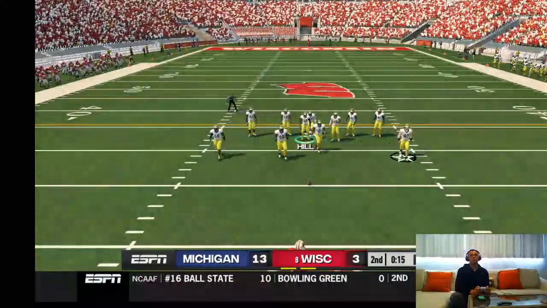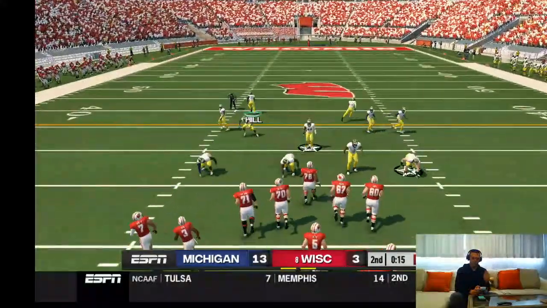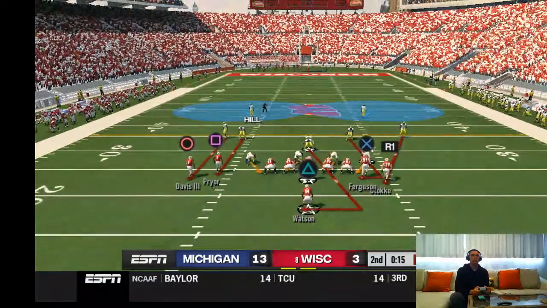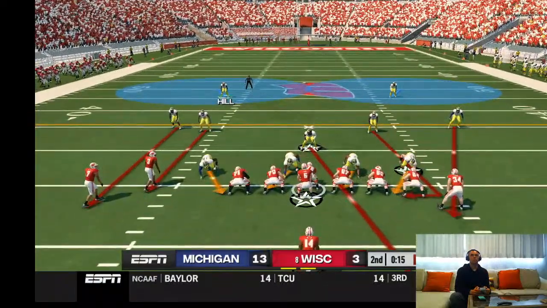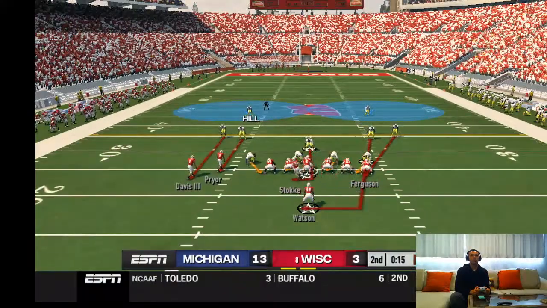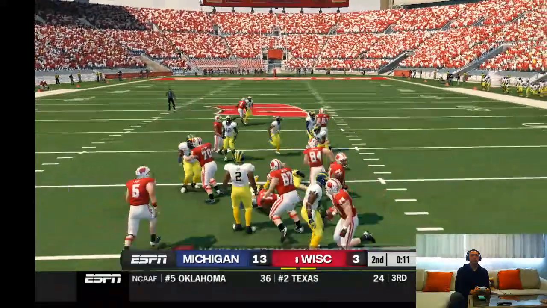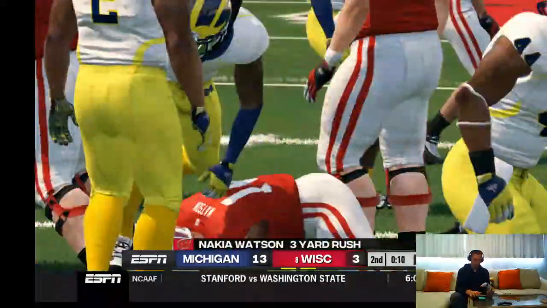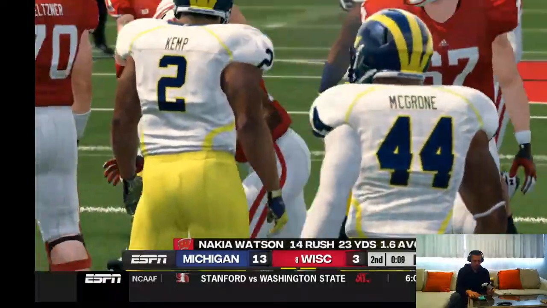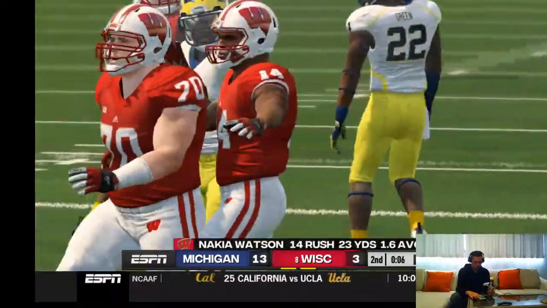The offense takes the field again. They were forced to punt their last time out. And he's taken down at the 28. So the old counter gets 2, maybe 3 yards.